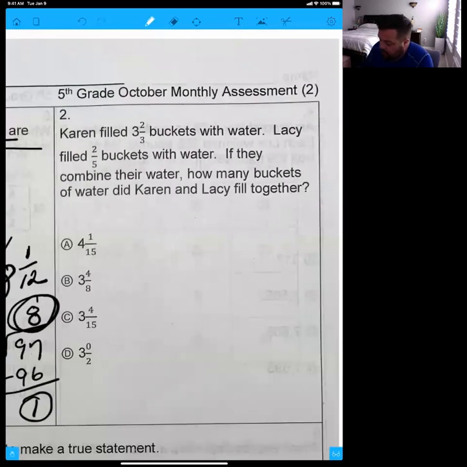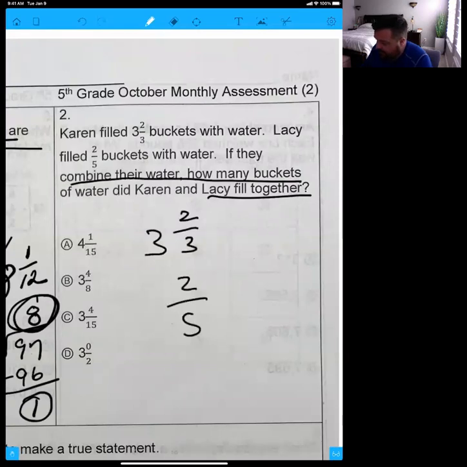So number 2 is they are combining their buckets of water. How many do they fill all together? Well, Karen filled 3 2/3. Lacey did 2/5. Our common denominator, I mean, really, once you look over here, you can see that 3 and